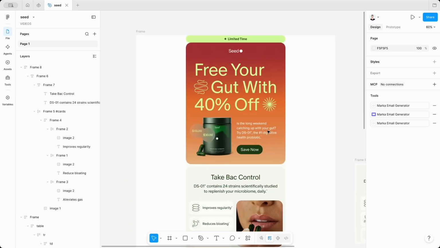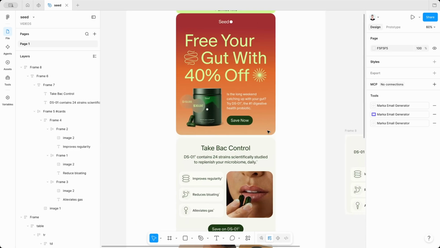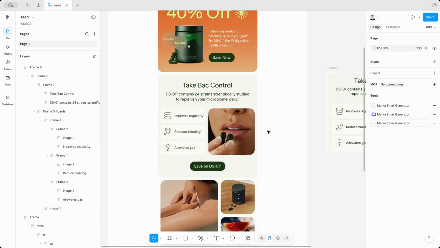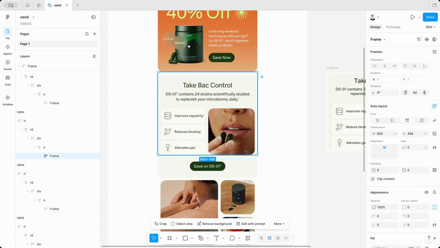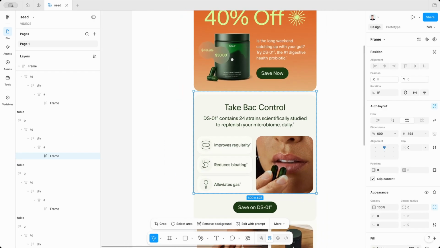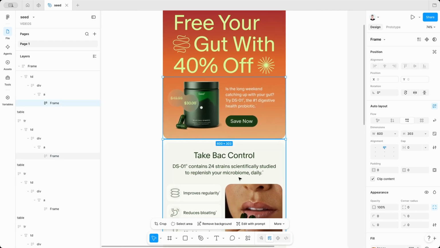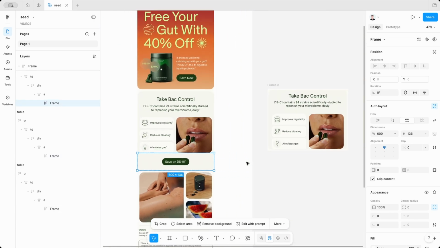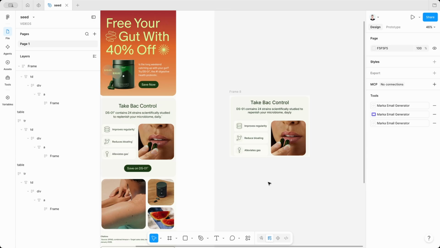So it's a real email from a brand called Seed. I imported this email into the Figma. As we can see, this email is built only with images. But today I will show how to create this block not as image but as a real